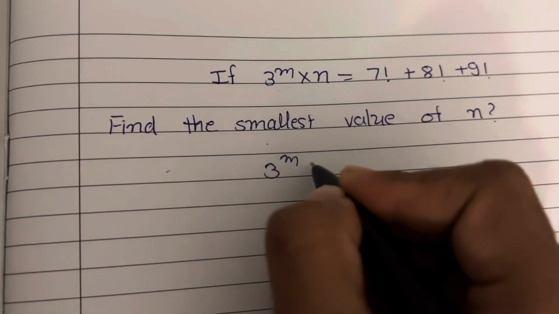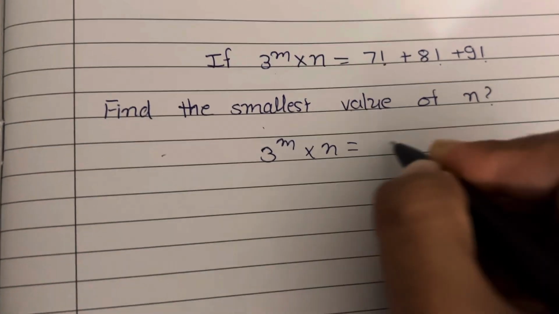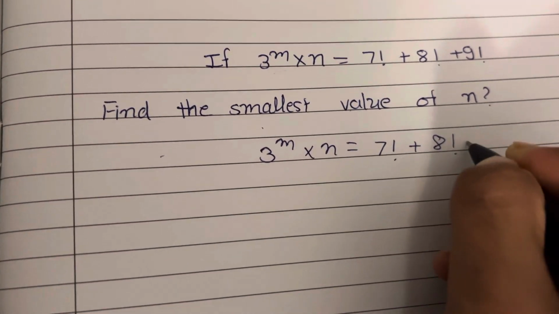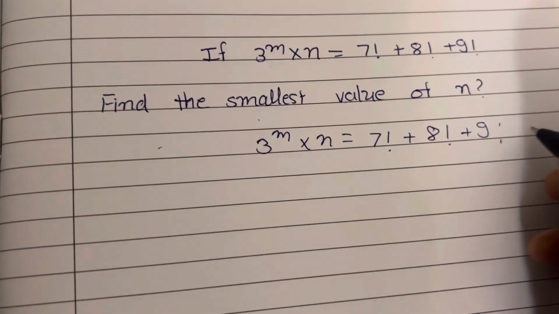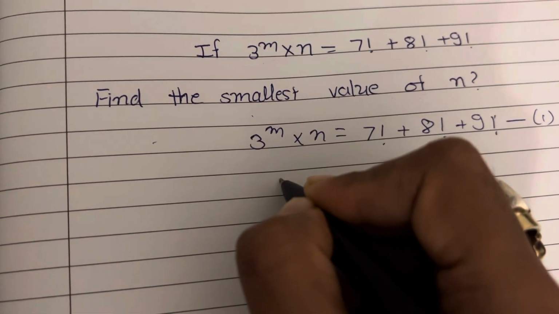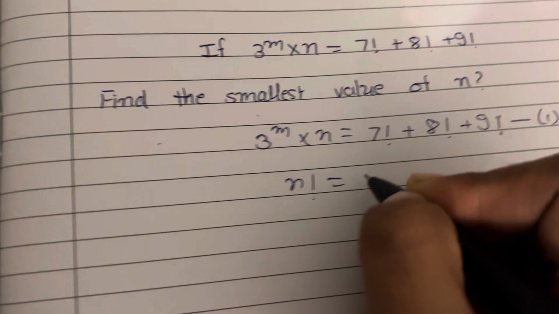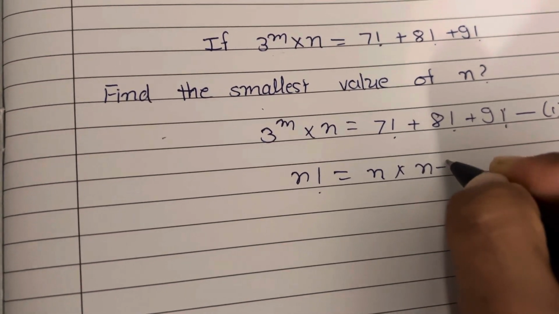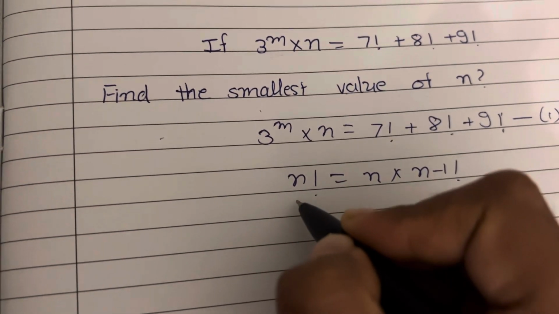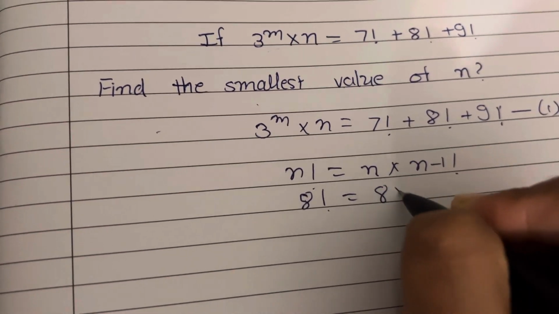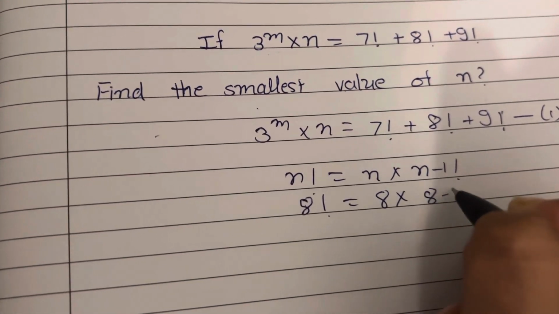3 to the power m into n is equal to factorial 7 plus factorial 8 plus factorial 9. This is equation 1. As we know, factorial n is equal to n into factorial n minus 1. Hence, factorial 8 becomes 8 into factorial 8 minus 1,